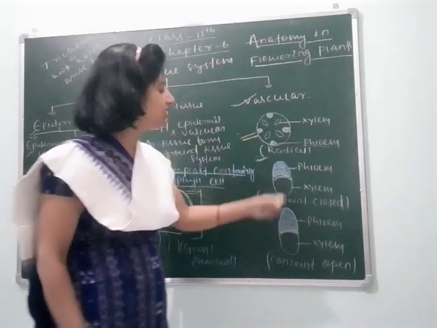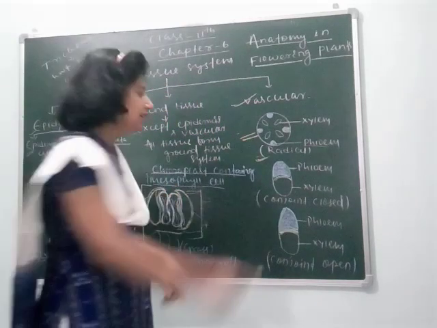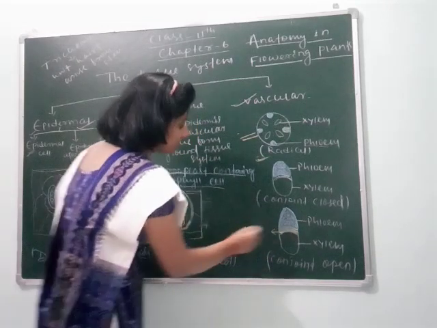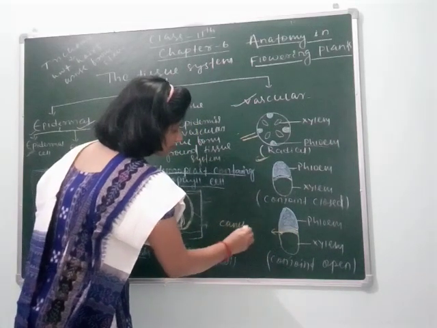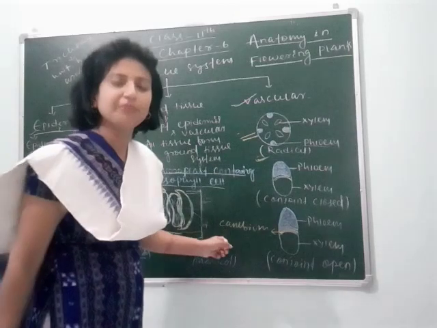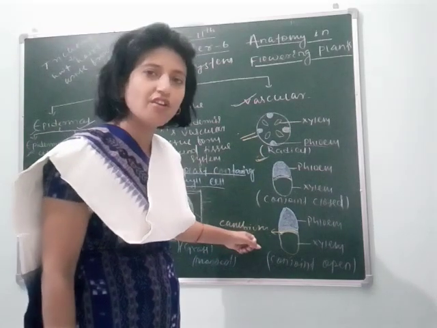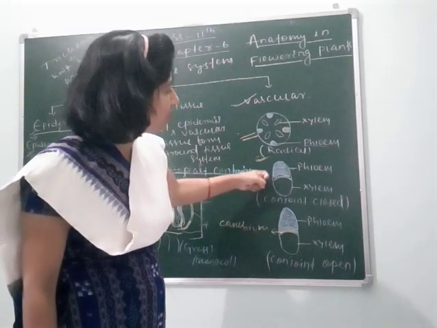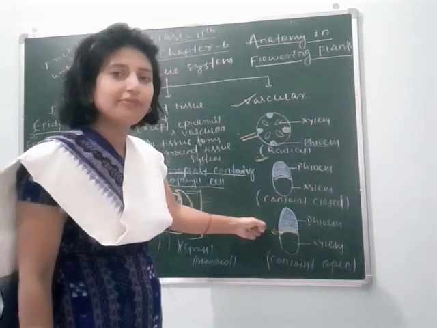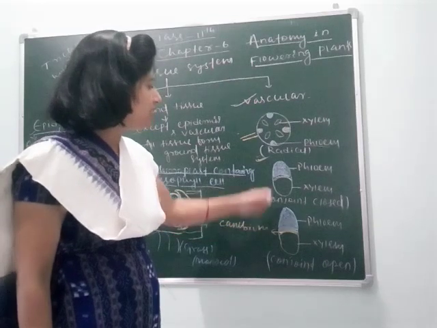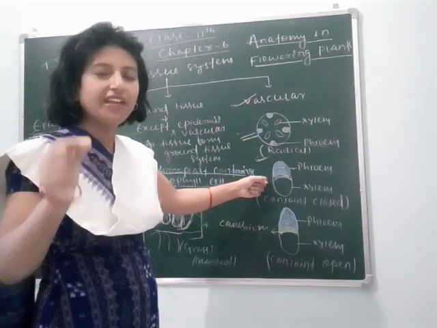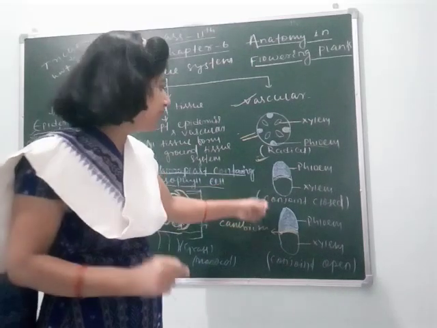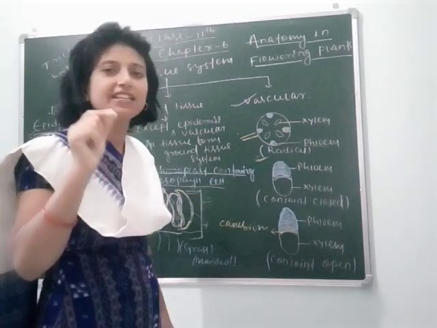What is the difference you are watching in these two diagrams? The difference is the presence of cambium. This is called cambium. And the presence of cambium is the characteristic feature of a dicot plant. So we can see this type of vascular bundle in monocots and this type of vascular bundle in dicots. This is the conjoint closed type, in which no cambium is found, but in the conjoint open type there is a cambium